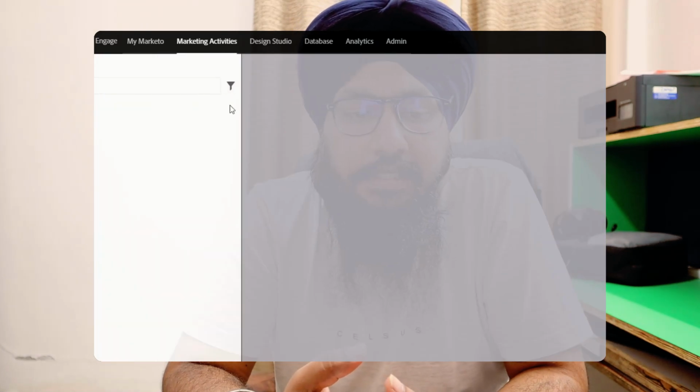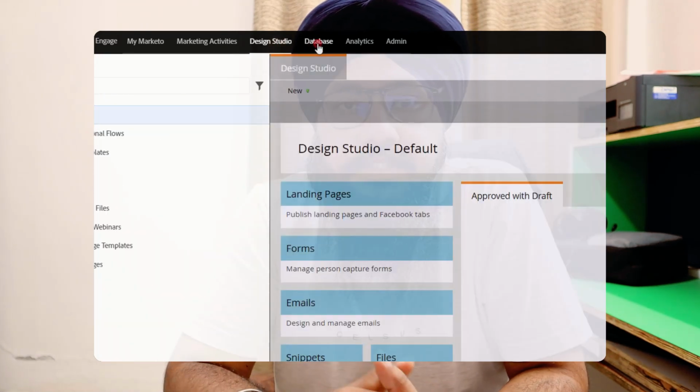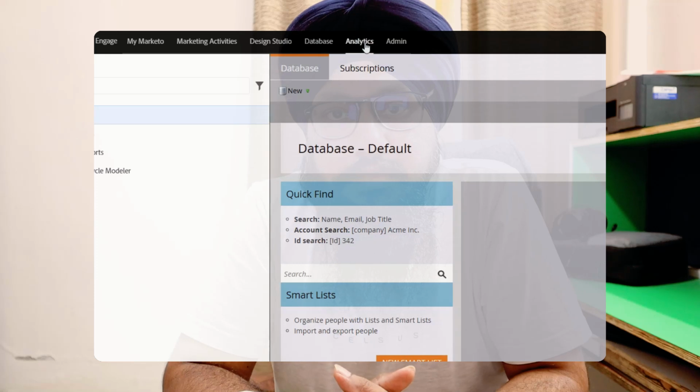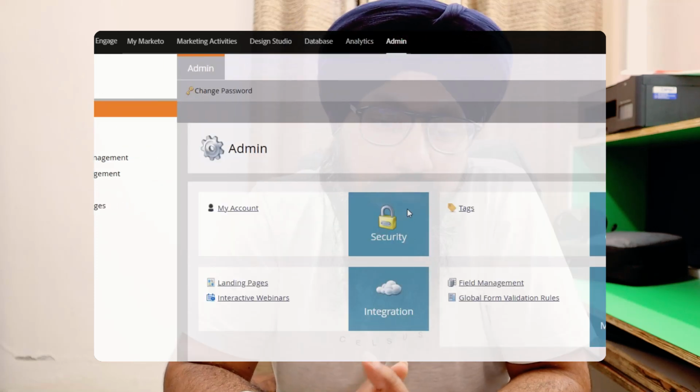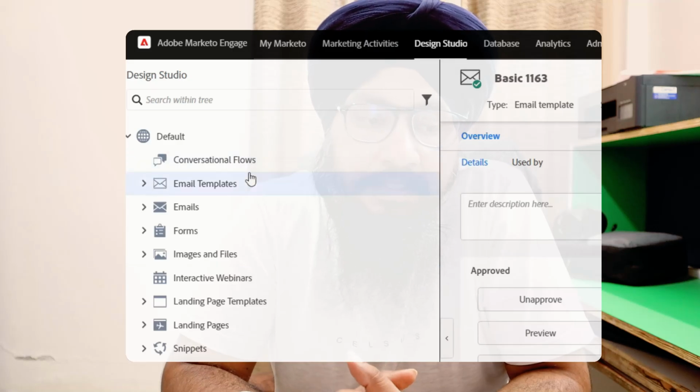Marketo has a great design to navigate to different areas. And we know that there's database, there's admin, there is marketing activities, there is design studio, and there is a lot of functionality about them. You can build templates, and let's talk a bit about design studio. This is where you are having the purpose of building the emails, the web pages. We call them landing pages in Marketo, and you create the forms, and there is a lot of functionality about